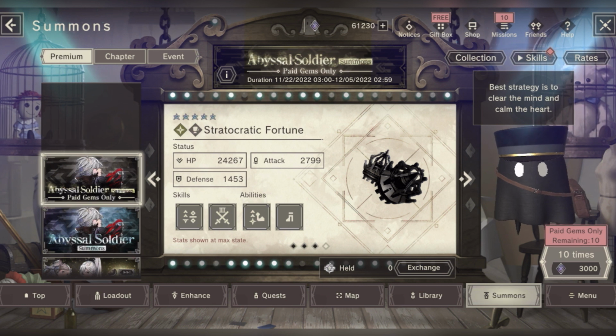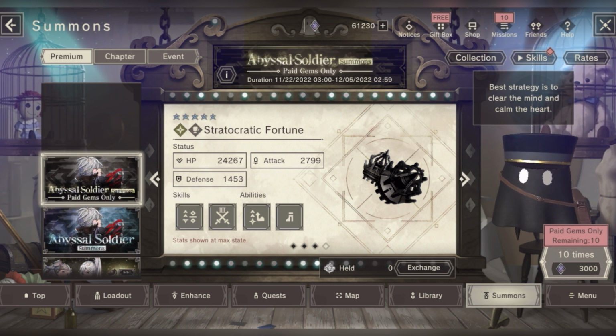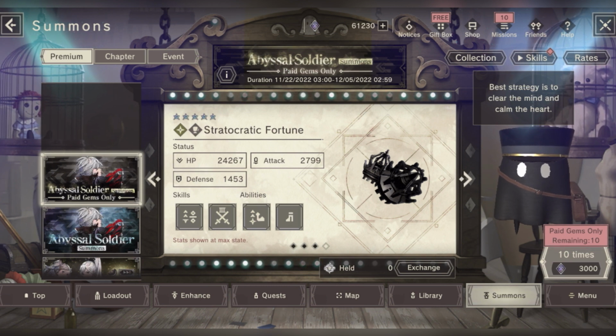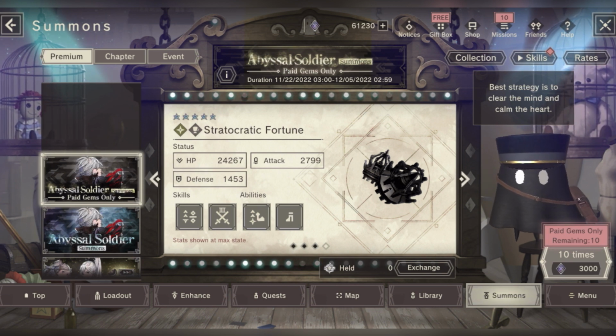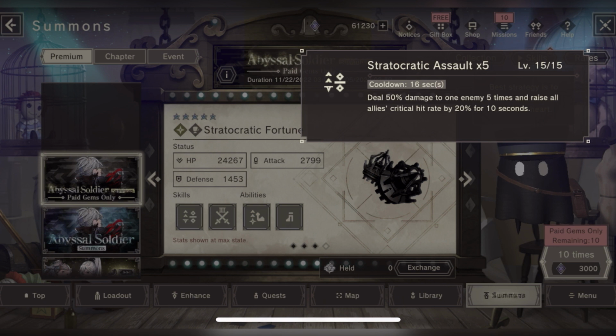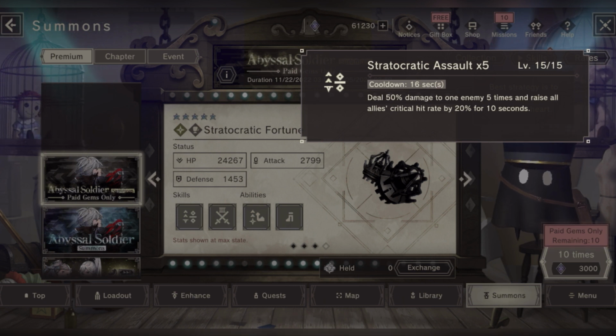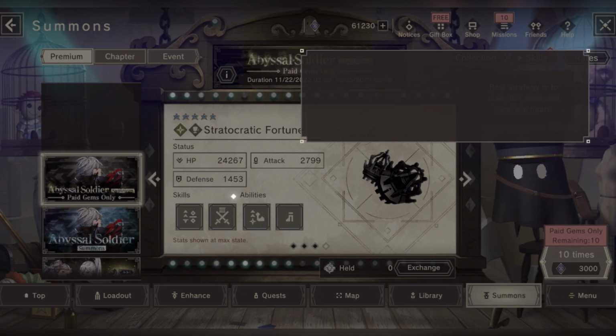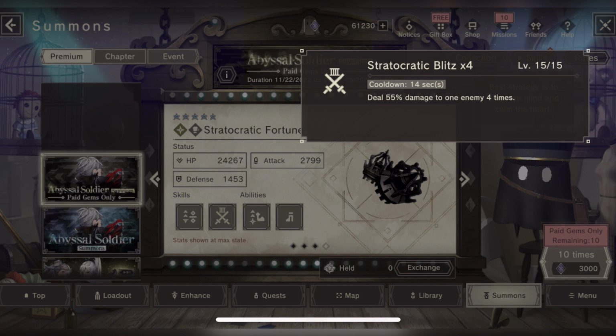And the fist here, Stratocratic Fortune, goes in the same direction, although a bit different. So the same direction with Arena, but a different role. Let's have a look at the skills first. It's a 16 seconds cooldown, 50% times 5. Raises all allies' critical rate up is negligible, because that's not a buff you want to aim for. And the blitz is 14%,